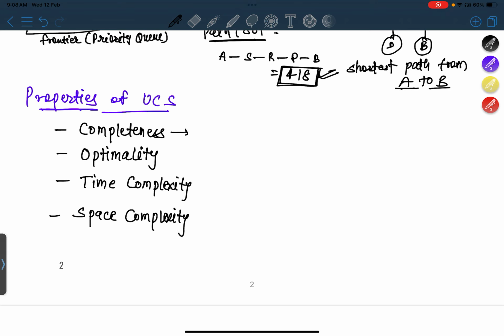Completeness: is it complete? Yes, it is complete only if all the actions have some minimum amount of cost, because with UCS, what was happening is that we are selecting a node with the lowest g(n) value, right? So if we have something like this starting node, and then there is this goal node on one action with cost 8. But if we have this sequence of states with zero cost,